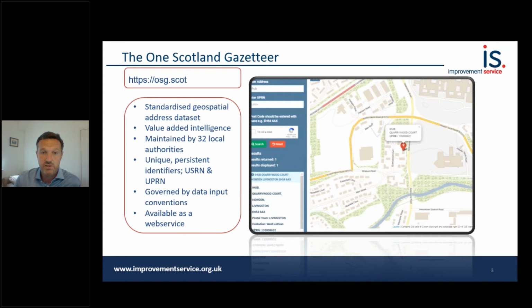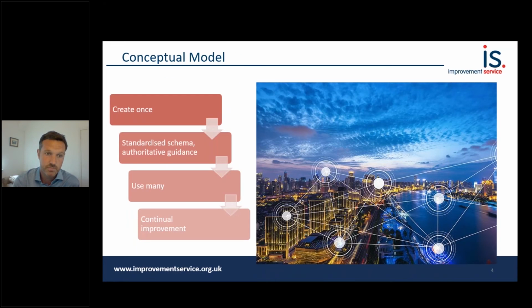The next couple of slides show the high-level conceptual model along with the data model. Ultimately, the concept is very simple. Ensure that every piece of information conforms to a consistent schema. Establish a framework which promotes consistent data entry and information sharing, along with stringent logic and database compliance rules. Provide that information easily and seamlessly to licensed users, negating the need for any of those users to create and manage their own address or street information,